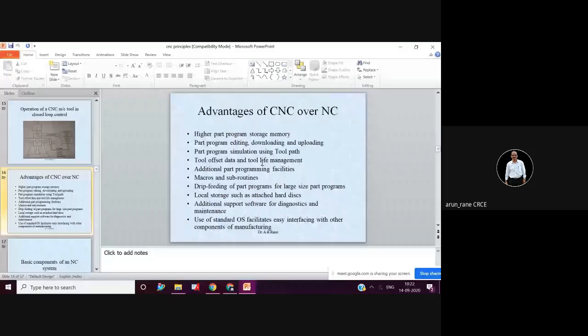Like when the programs are very big, like when the machine is running in the night continuously unmanned. So that time the programs are very big. In GBs, the programs are in GBs. Whereas these controls which are on the CNC, that is microcomputers, they don't have that much storage capacity. So that time the data is passed from external devices, that is from an external desktop computer or from a laptop.